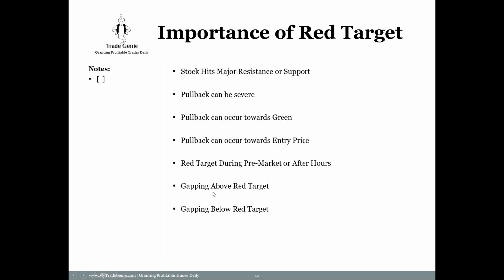So this is what's happening. I'm looking at the gap above the red target, and it's a brand new opportunity to hold or add even more to the trade. Similarly, if you apply the same concept, gapping below the red target for the puts. If we have a puts trade, and let's say we shorted the market at 15, and the red target is 10. But today, when the market opened, it gapped below 10. Let's say it gapped down at 950.